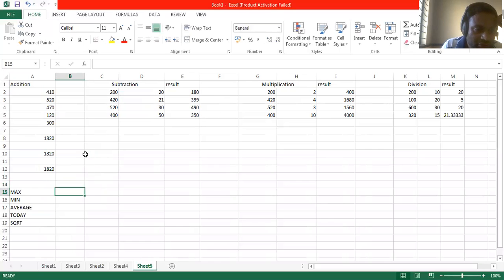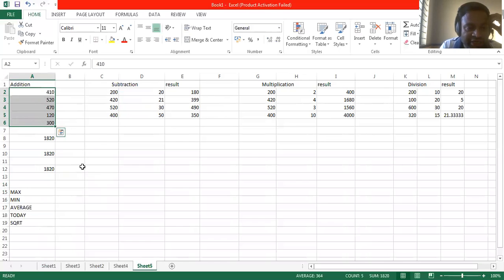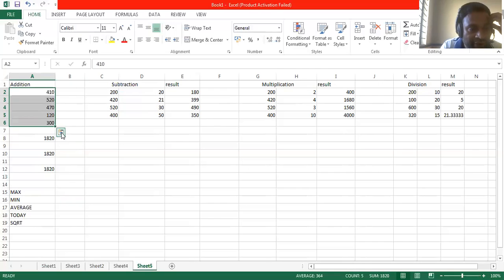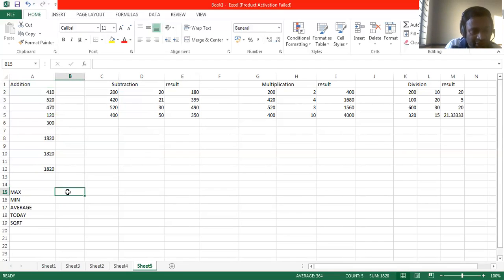Okay, so we'll take from these numbers only and find out which one is the maximum number. I'm not going to enter any numbers again. From these numbers only I want to find the maximum number, the minimum number, and the average. Where you want to display the result, there you have to click. I want to display the maximum value here.